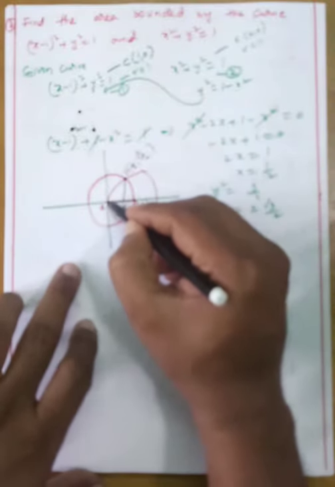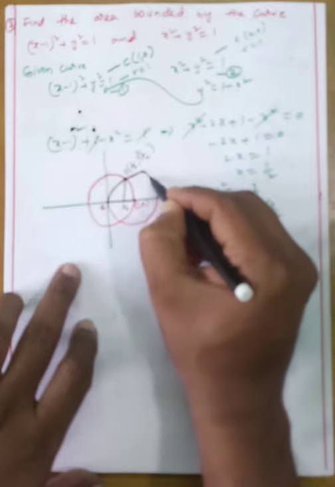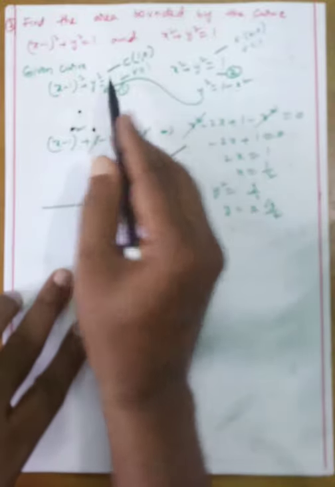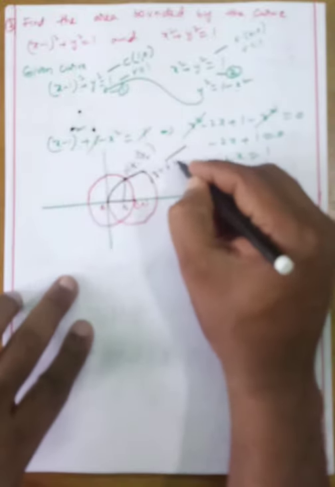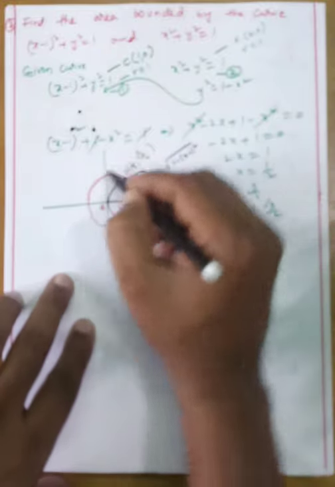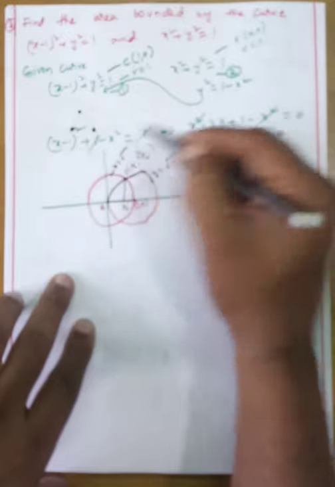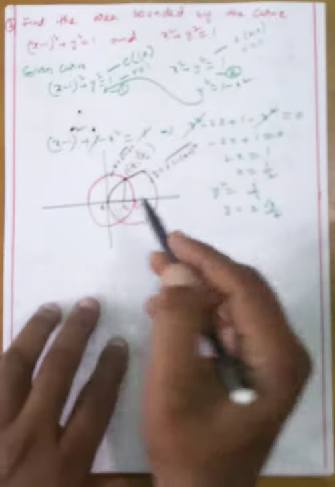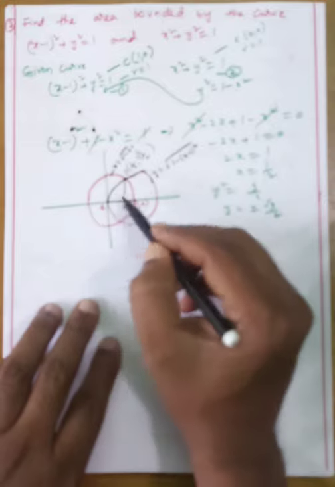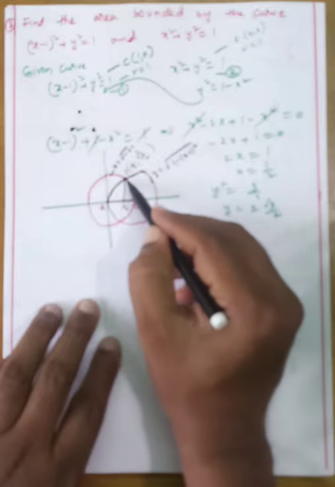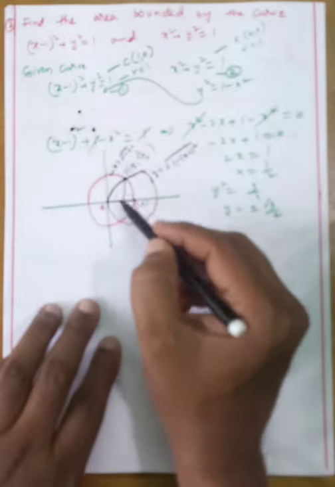Now observe this block area. I draw the black curve: y is equal to root over 1 minus (x minus 1) whole square. Now the red curve: y is equal to root over 1 minus x square. Now the area is upper curve minus lower curve. Here it is divided into this part and this part. From 0 to 1 by 2, use this curve. Next, from 1 by 2 onward, use the red curve. Upper and lower are the same.